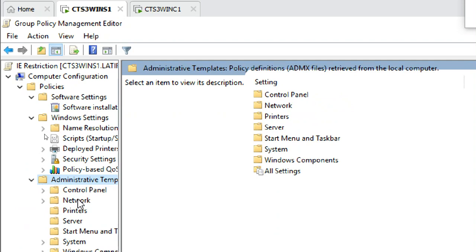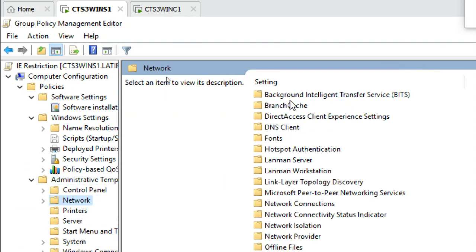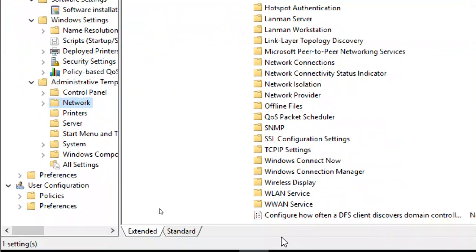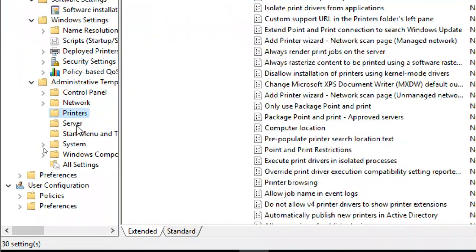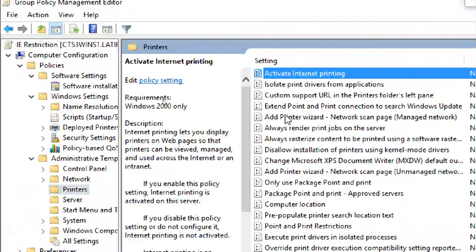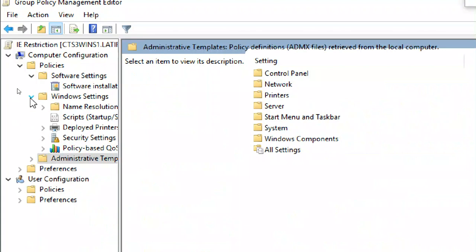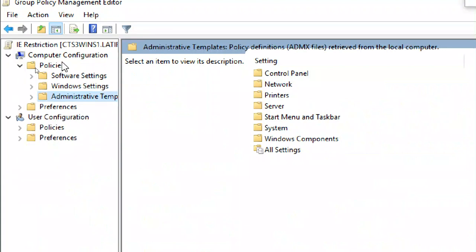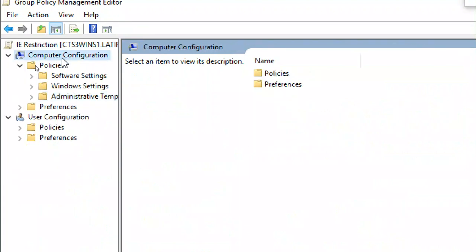If you do these settings, they are applied on a computer basis only. Whatever computers are in the OU or in the domain get applied with these settings.